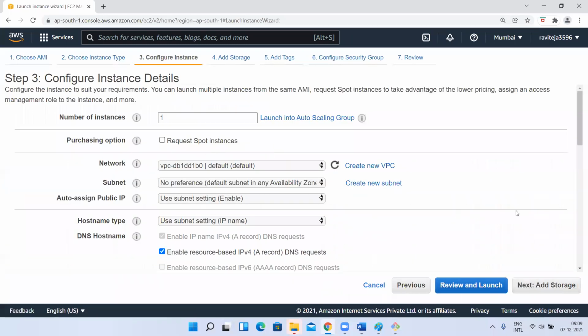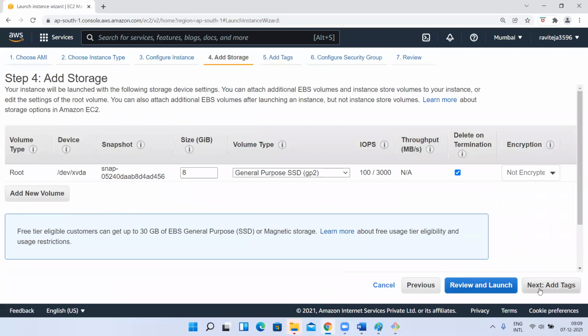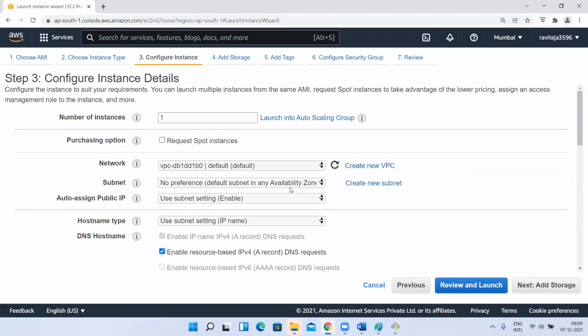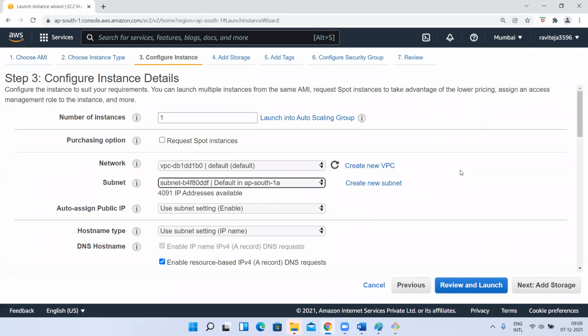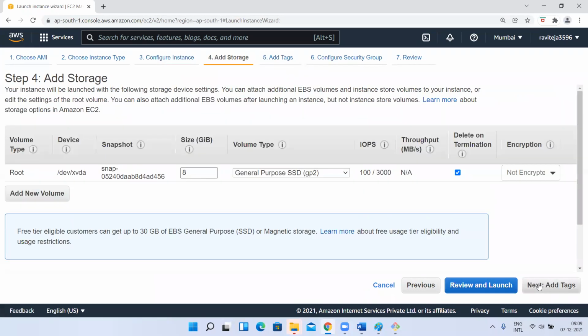Configure. Next. Wait a second. Here I'll select the availability zone. I'll select 1A. The other instance was in 1B, right? Now I'll select 1A, a different availability zone.